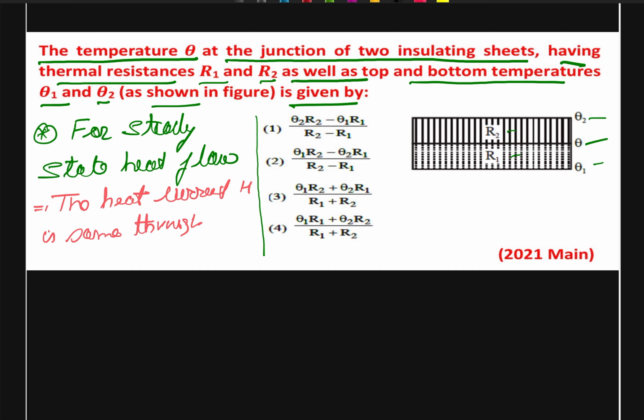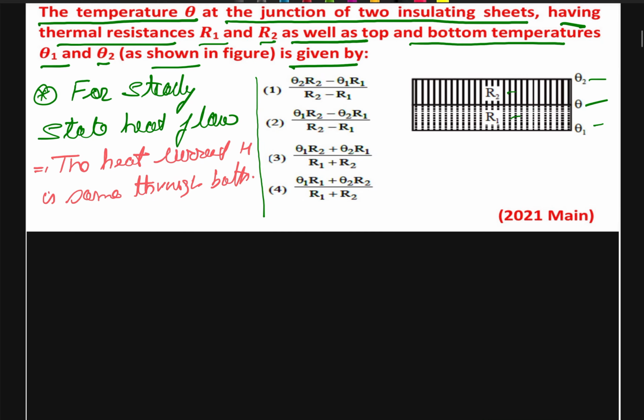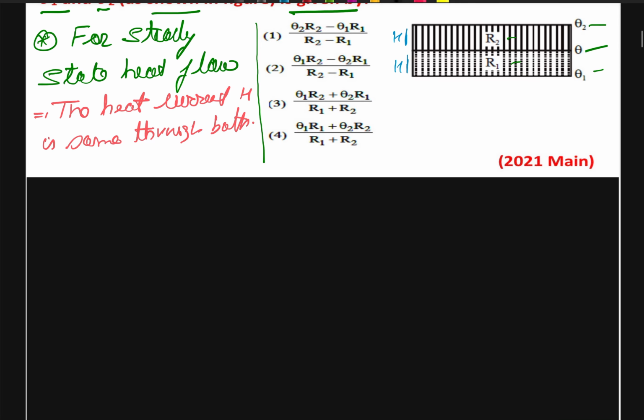Same through both. So it means that the heat current associated with this lower one will also be H, and the upper one will also be H. So we can write the heat current H with respect to the upper layer as well as the bottom layer. Therefore, we can say that our heat current,